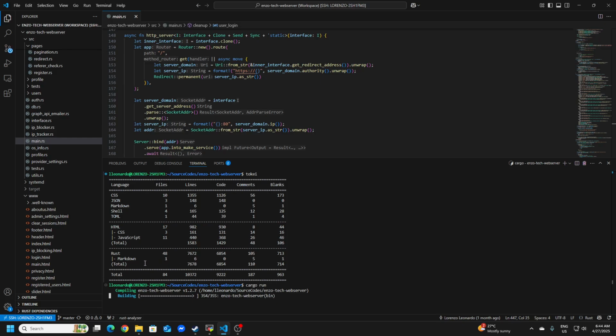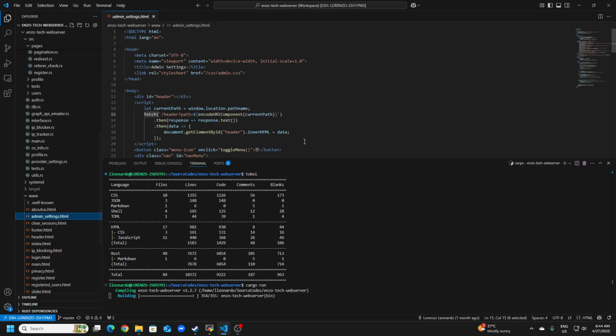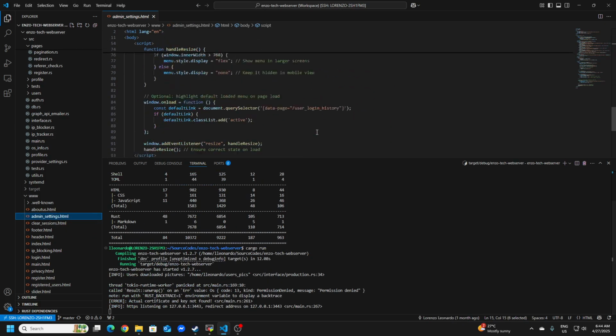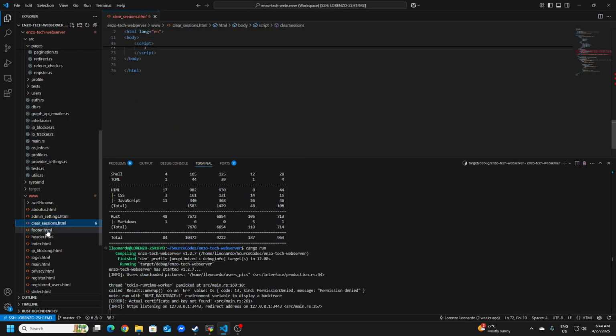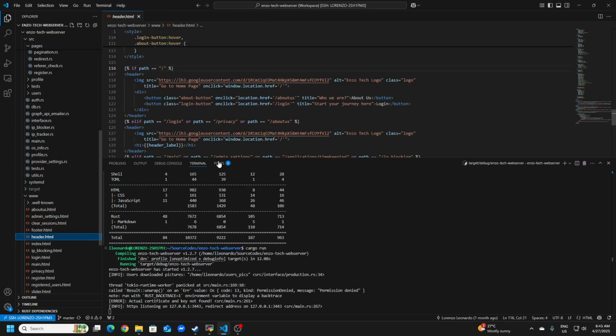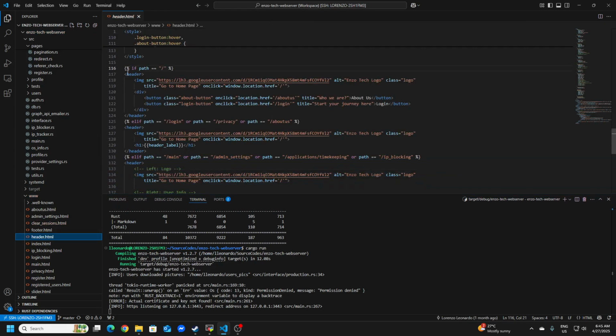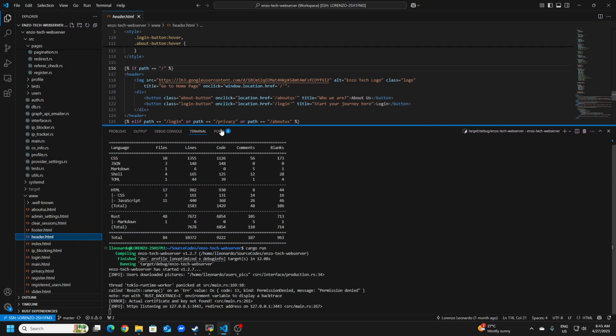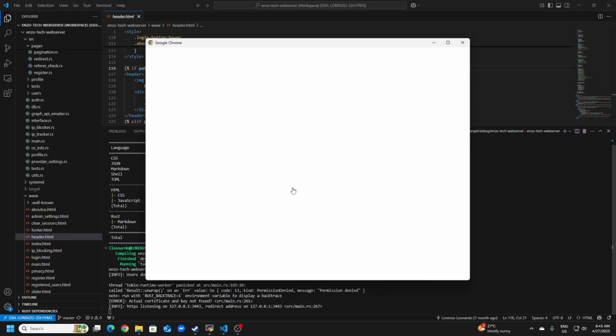I'm using Tera for dynamic pages like this. Let's try to run it.